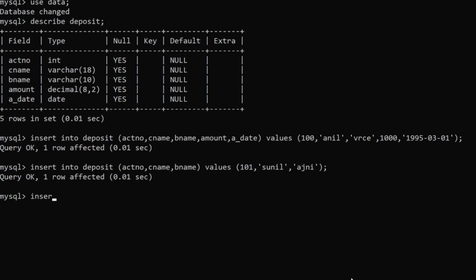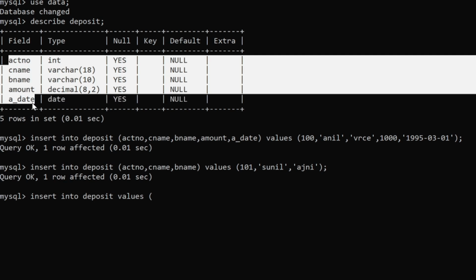That is, insert into deposit values, and my values which correspond to these particular columns only. So if the first column is account number, then you have to write that account number first. And it is compulsory that the data for all the columns should come.